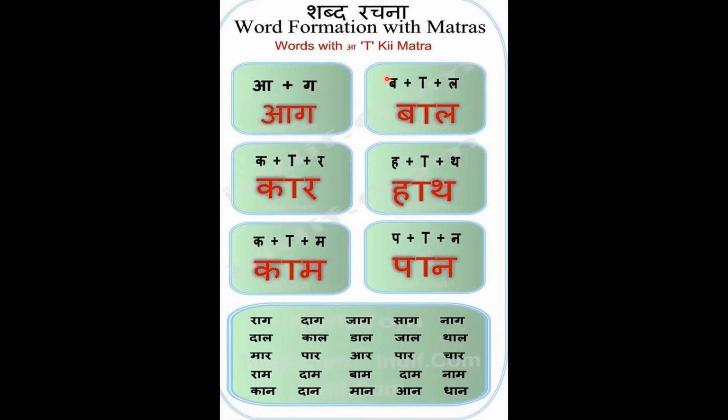So this is the aa ki matra symbol, a standing line. If there is a standing line, it means you have to pronounce this as ba, right? If there is this symbol beside ba, it will sound as baa. After ka, this is kaa, this is haa, kaa, paa, like that. So aag, baal,